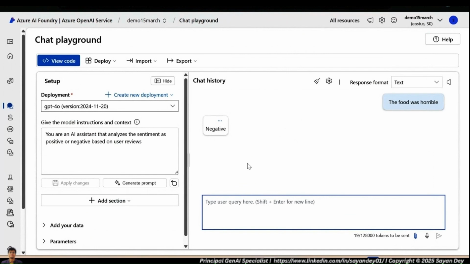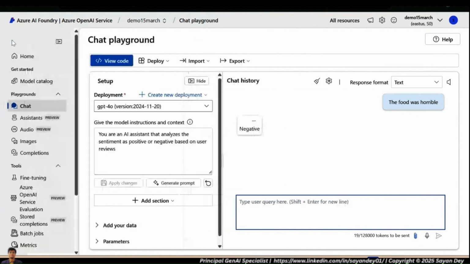Okay, but yeah, the best part is that we are a little bit secure. We feel a little bit safer because now we are relying on the security and safety of Azure. Nothing leaves your Azure environment. Remember, these models are hosted inside Azure.